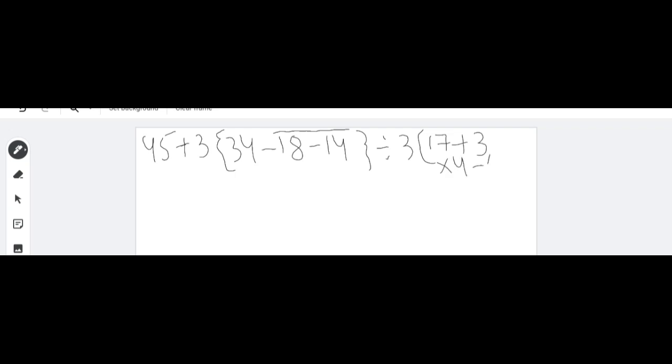Minus simple bracket, 2 multiplied by 7. Then we have to close all brackets. So if we have this kind of expression, there are only 2 brackets. We have already closed the curly one. We just have to do a simple and the square.